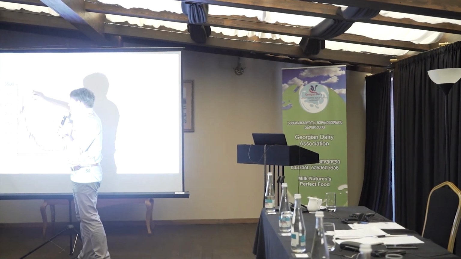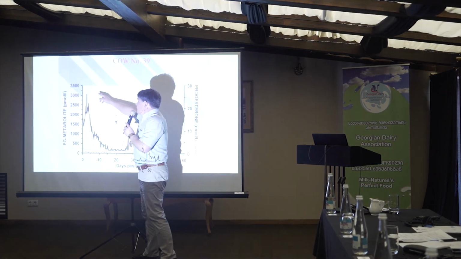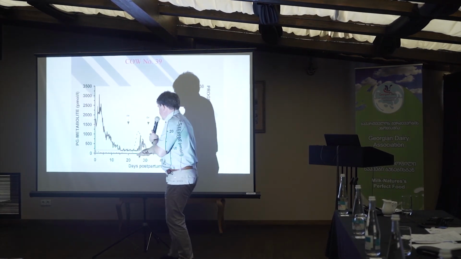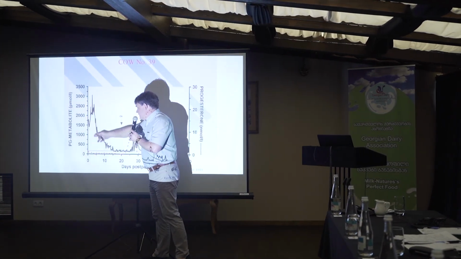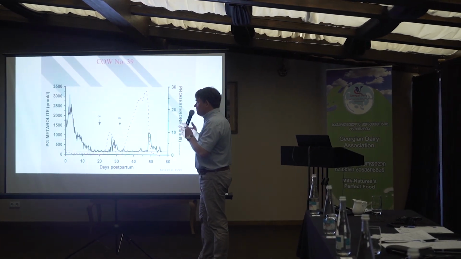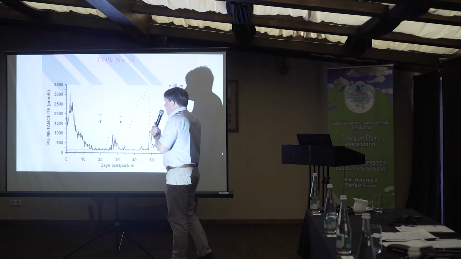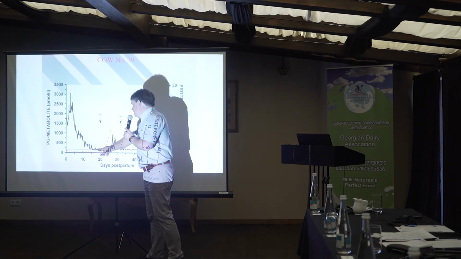This is the norm. This is the normal process. These pictures are from my own doctoral thesis. This is the first 15 days after parturition. Those are the days, and we will see that there is a lot of prostaglandins coming out. Those are the prostaglandins which are needed for supporting the uterus to involute. This cow had no bacteria in the uterus, and when those prostaglandins go to the baseline